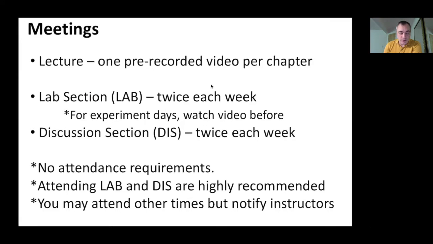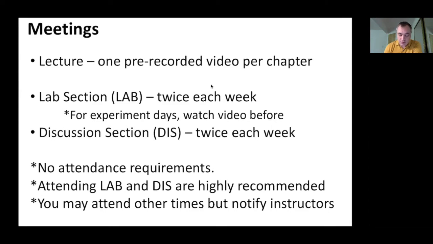In addition, we have your lab section and your discussion section. These each meet twice per week. Even if on the syllabus it doesn't list that you have a lab experiment, you still have lab section. These will be conducted live so that students who want to get some feedback or want to have interaction with other students, they can attend those. They will be recorded as well, or at least we're going to record some subsection of them so that they're all not recorded, which seems a little bit redundant. So if you are taking the course remotely or asynchronously, you're in a very different time zone, whatever, you can miss these section times and still get everything you need.